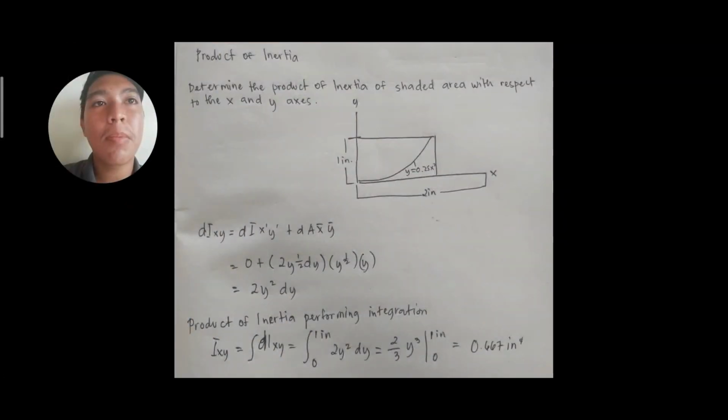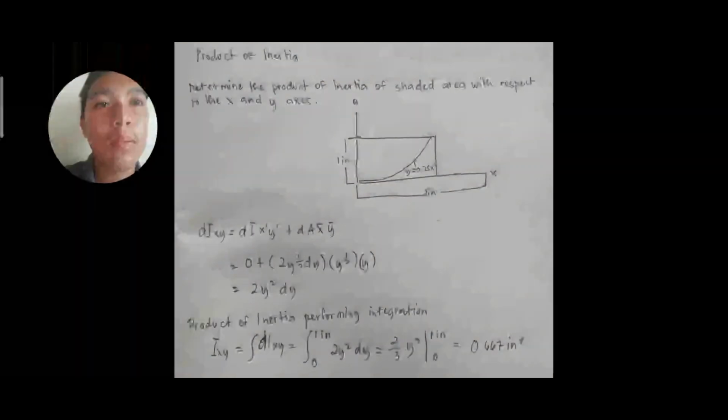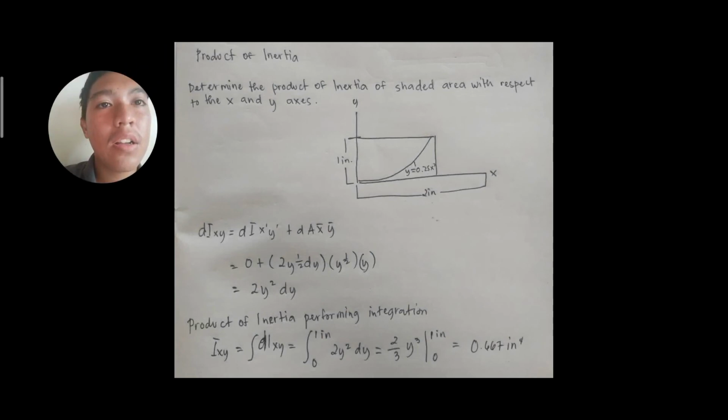And now we will solve a problem about product of inertia. Determine the product of inertia of the shaded area with respect to the x and y axis. It has an illustration here. This dI_xy, this is the formula, is equal to dI_x'y' plus dA x bar y bar, times y bar, is equal to, this is the solving, 0 plus